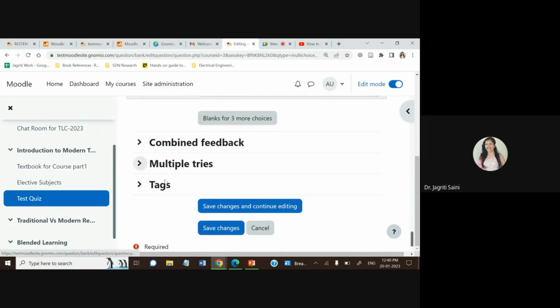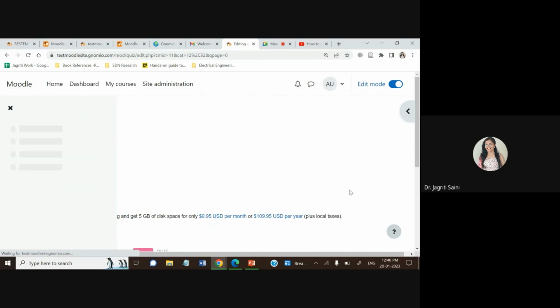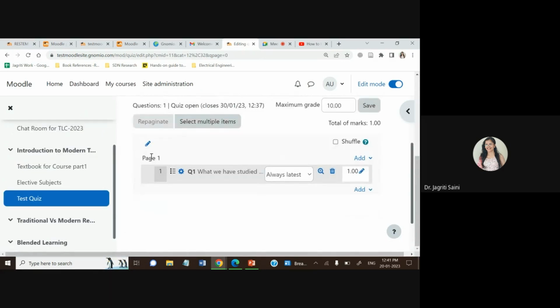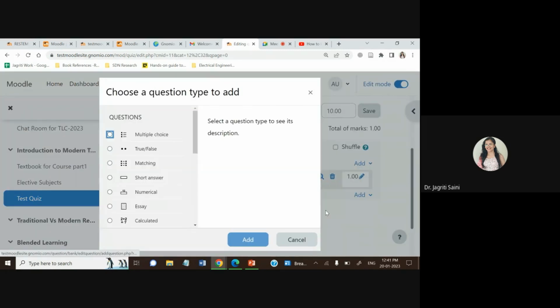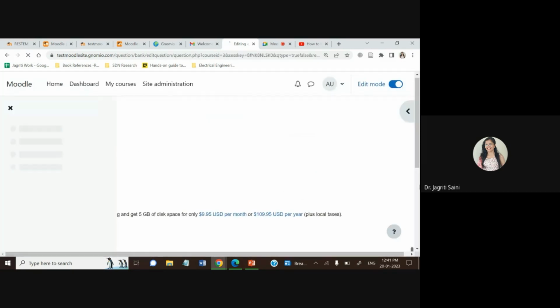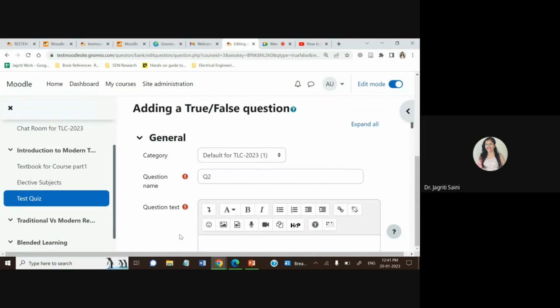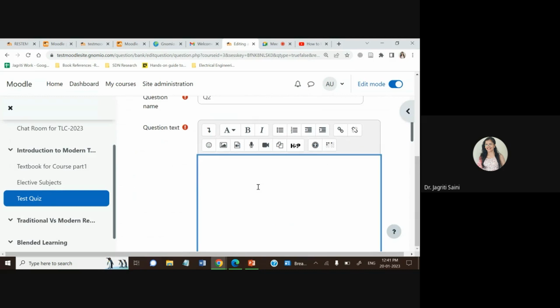And once we are done with this, there are some additional settings that you can do if required, and otherwise you can do save changes. As soon as you have saved your quiz, the question is available over here. Now you can add another question, new question. Maybe it is a true false. So we have clicked it over here. So then question name again, like put it question 2 maybe, and